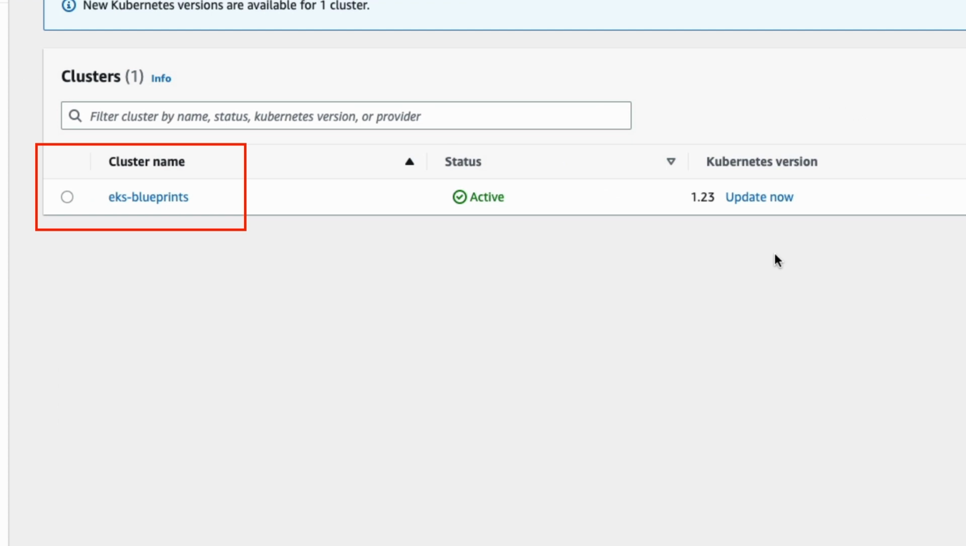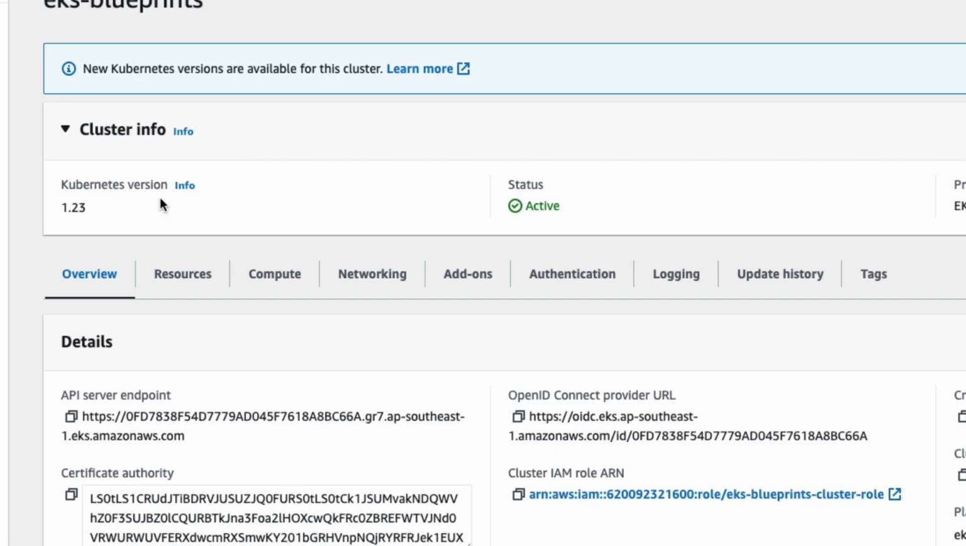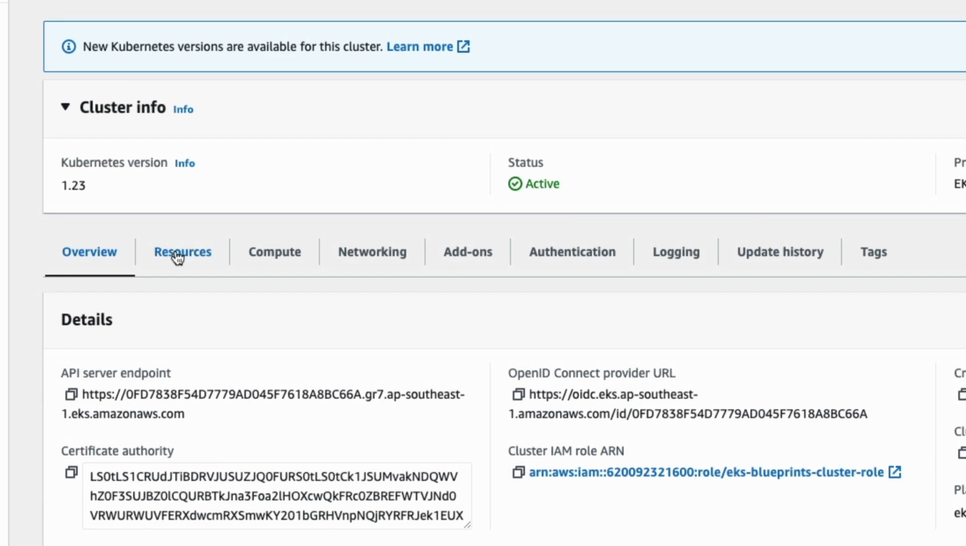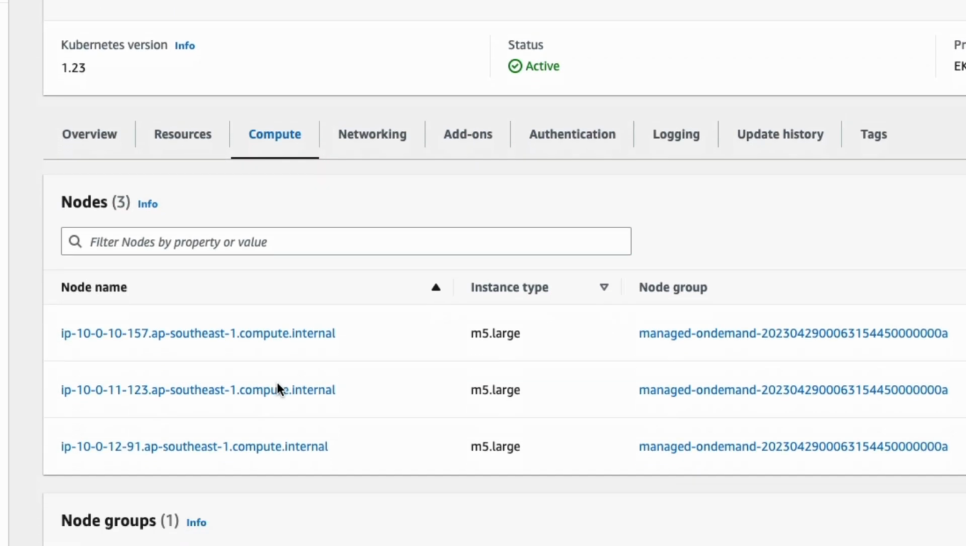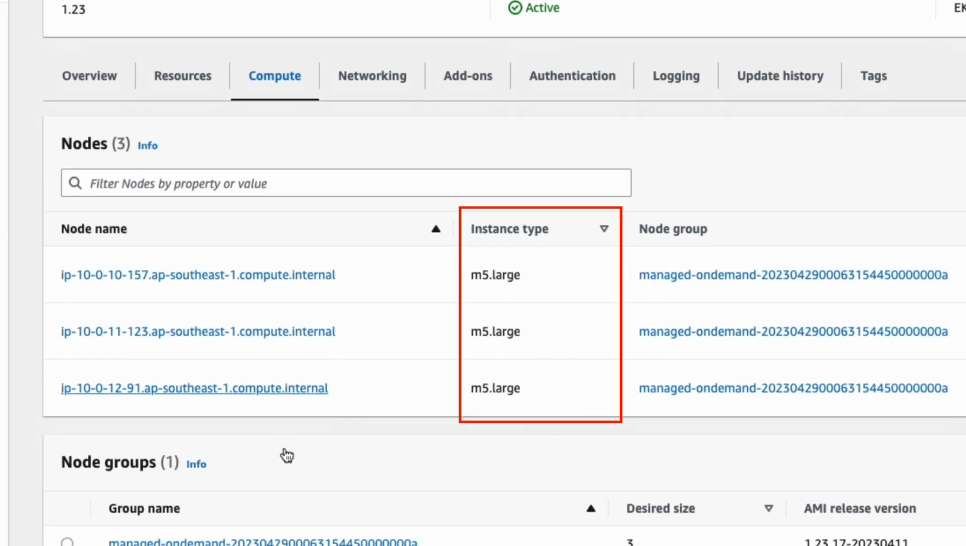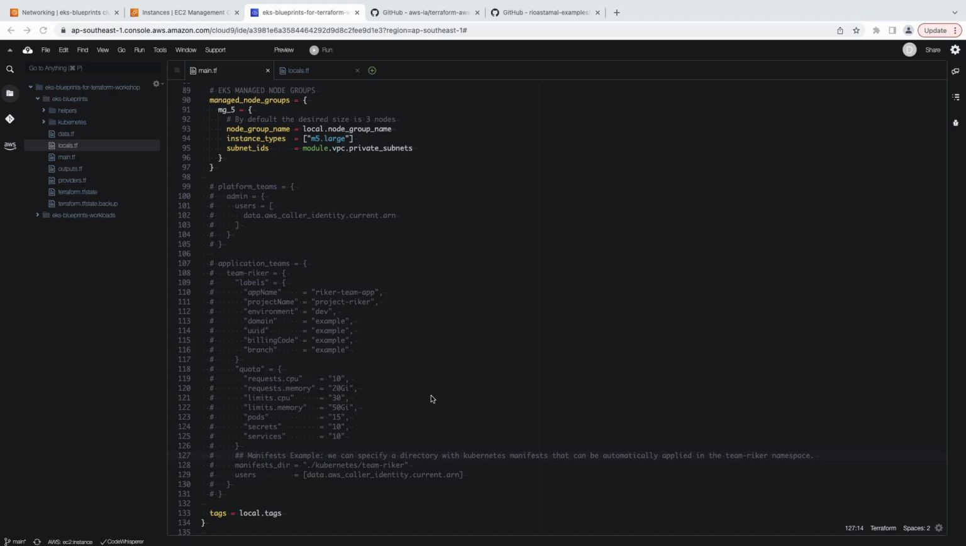Nice. We have EKS blueprint. Yep. If we go to the compute, here we can see that this is the worker node for the cluster. The M5 large is the same as we defined on the Terraform file. That is the stage 1, and stage 2 is configuring the